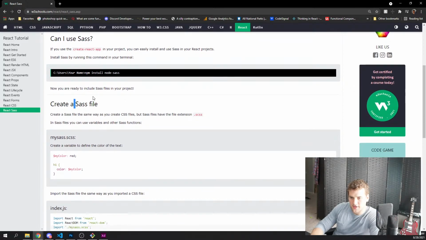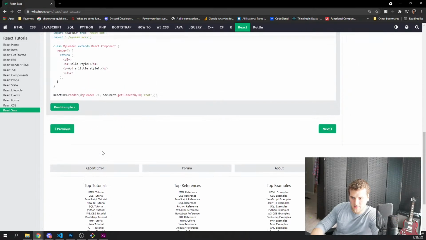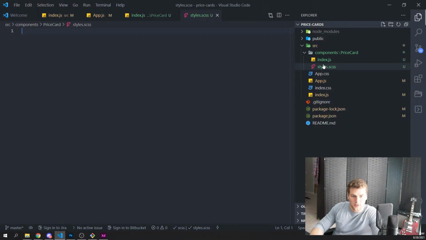Alright, create a Sass file. So that's all I need to do, it looks like. And then import it like that. That's all W3 says I need to do. So we're gonna go here. We've got our Sass file. We'll say